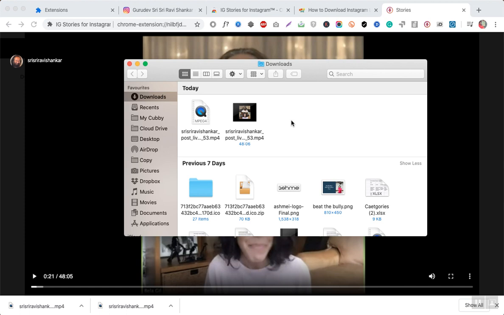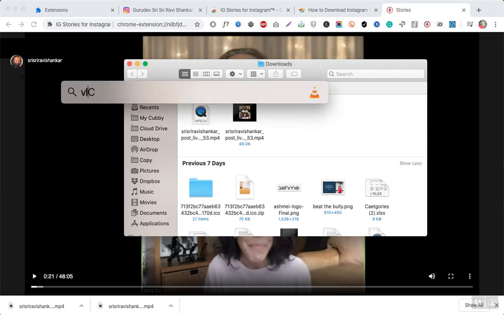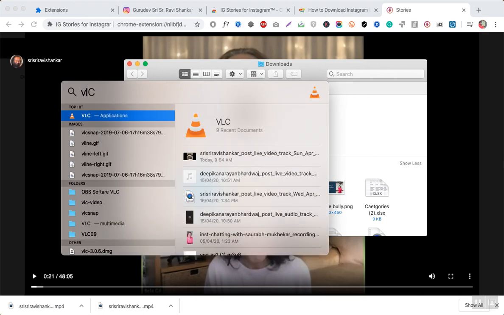It's a really simple technique. So you don't need to have any kind of a converter or something like that. We can do it easily using the VLC. If you are having a VLC player, we can do it. Like, let's say VLC, open your VLC player,